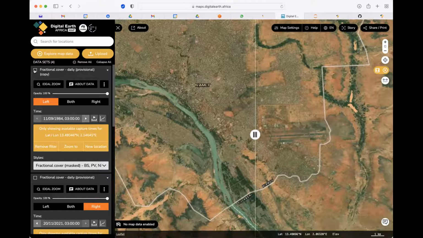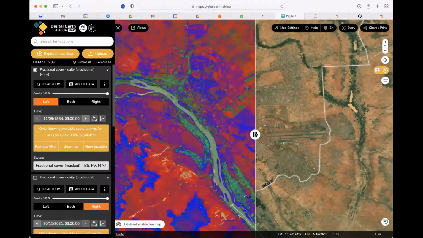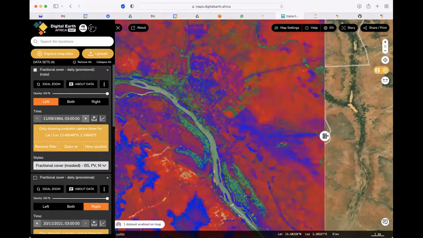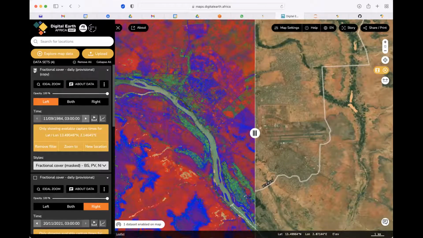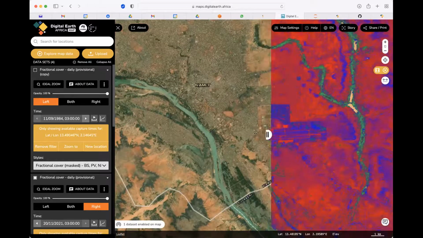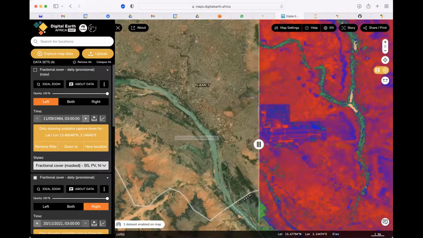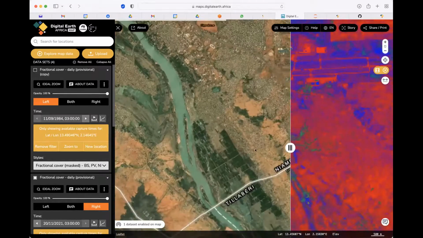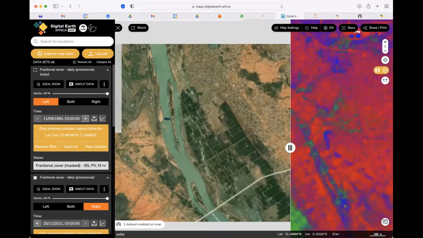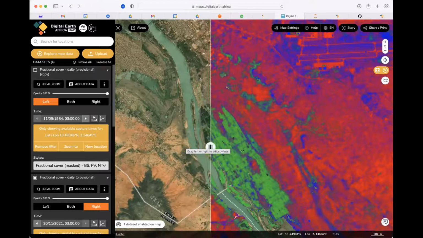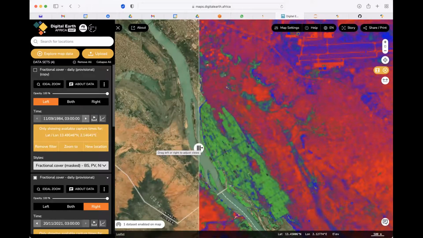So you can see in 84, there wasn't much of that airport. It was a small area. And the same you can compare with the product for 2001, and you can see how it looks over time. So it can give you a big comparison, like where we have some small farms slightly around the river. You can see how they behave. They are green actually itself, and the red is mostly the bare soil or the desert areas.